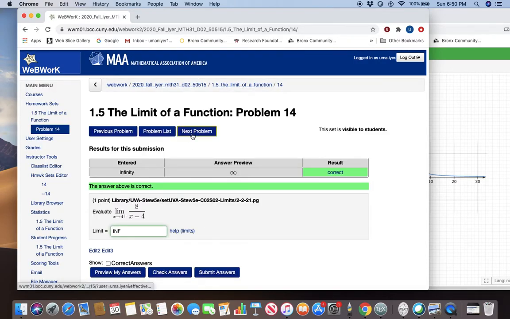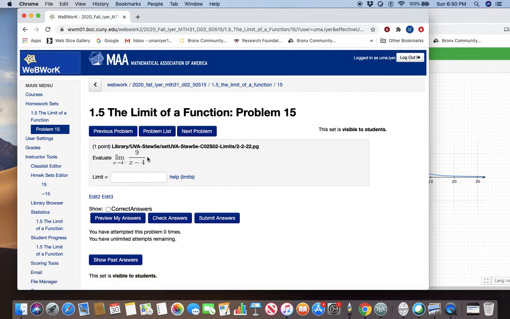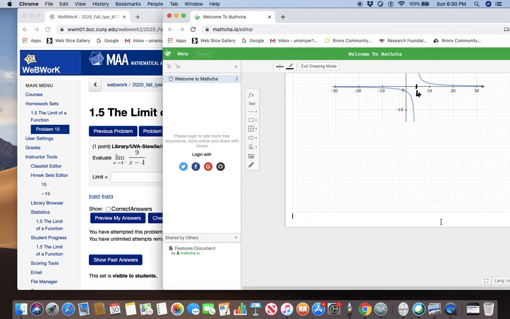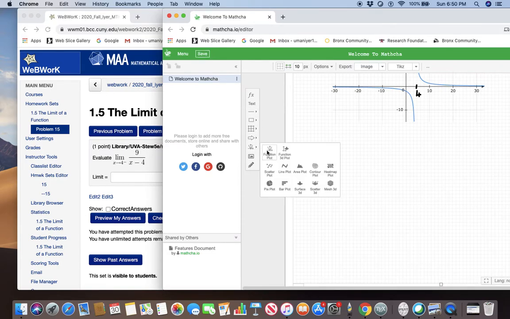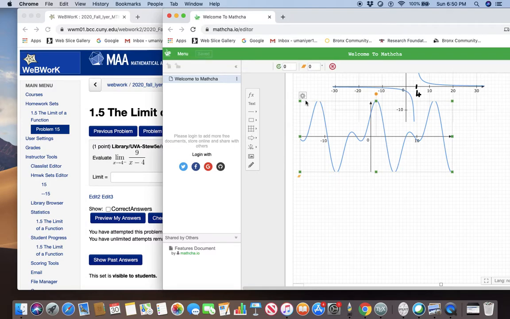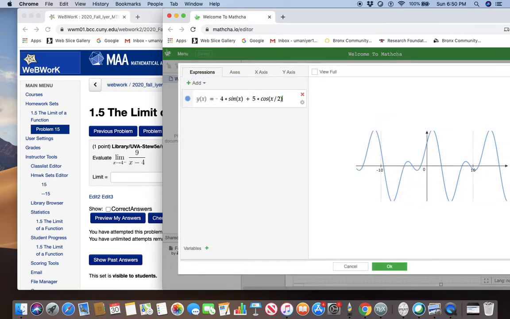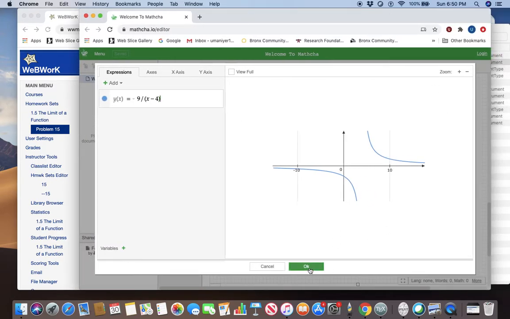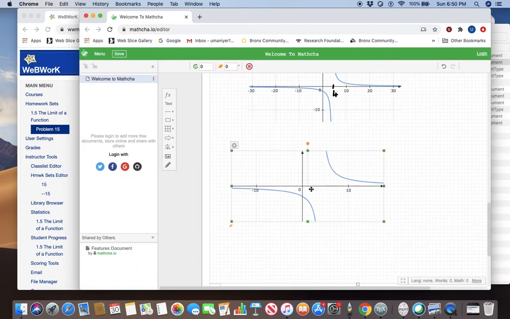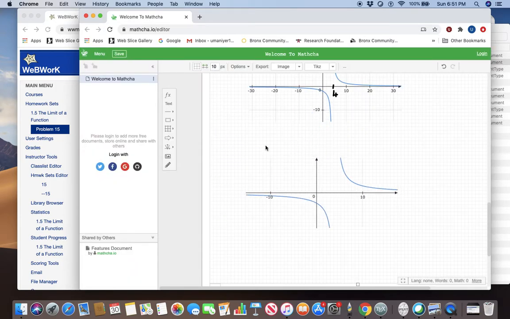All right, next one. Notice it is similar: 9 over x minus 4. So now I will simply use the plotting feature because now you know how it's drawn by hand. It's simply a shifting problem, but I'll use the function plot. The function is 9 over x minus 4. Let me move this a bit here. So this is your graph,